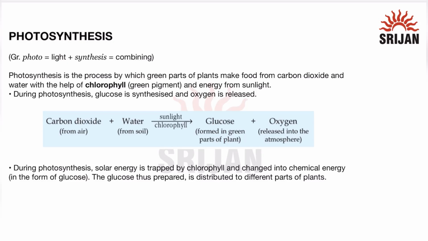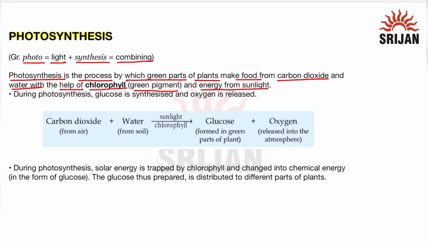The topic is photosynthesis. Photo means light and synthesis means combining. So, photosynthesis is the process which happens in plants by which the green parts of the plants make food from carbon dioxide that is present in the atmosphere and water, with the help of chlorophyll, the green pigment,